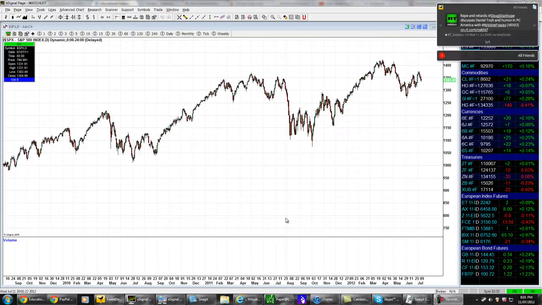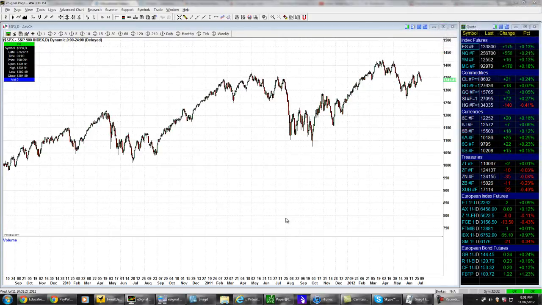So let's assume that we think the stock market's going to go higher, and we buy the S&P, whatever it is at. So what can we change? What do we have power over? Obviously we don't have power over where the market's going to go. It's either going to go up or it's going to go down. We have no power over where it's going to go.